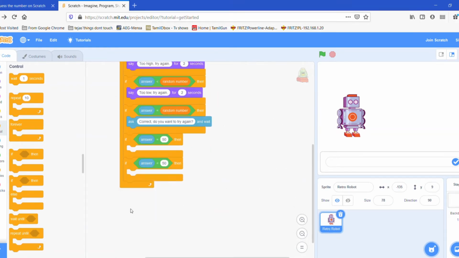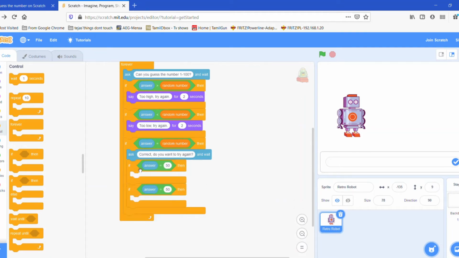But if you put it under correct, you want to try again, then it will only respond to this one. If answer equals no, then we want it to say